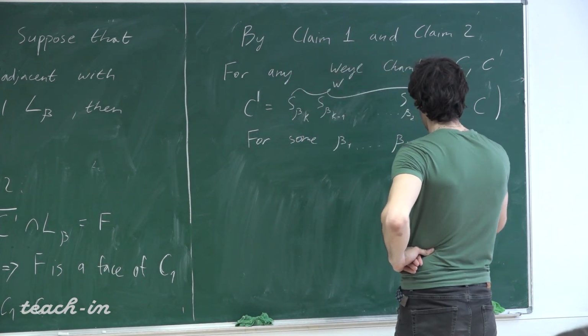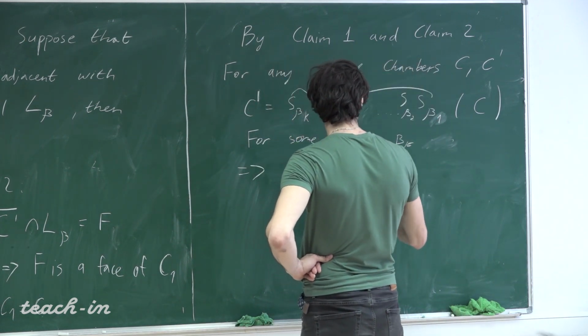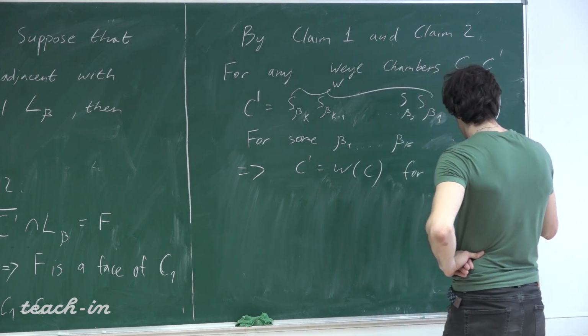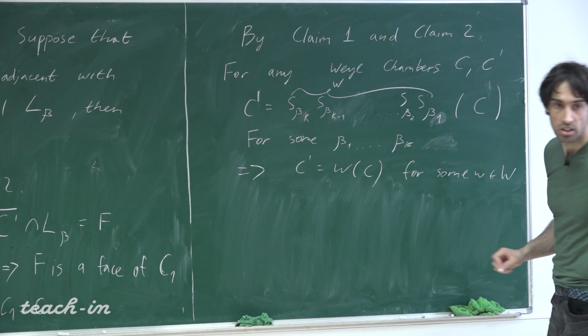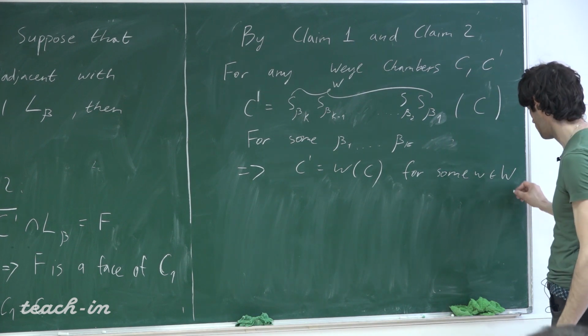So therefore, C prime is WC for some W from the Weyl group, and therefore we're done. We proved the proposition. So we connected two Weyl chambers by some